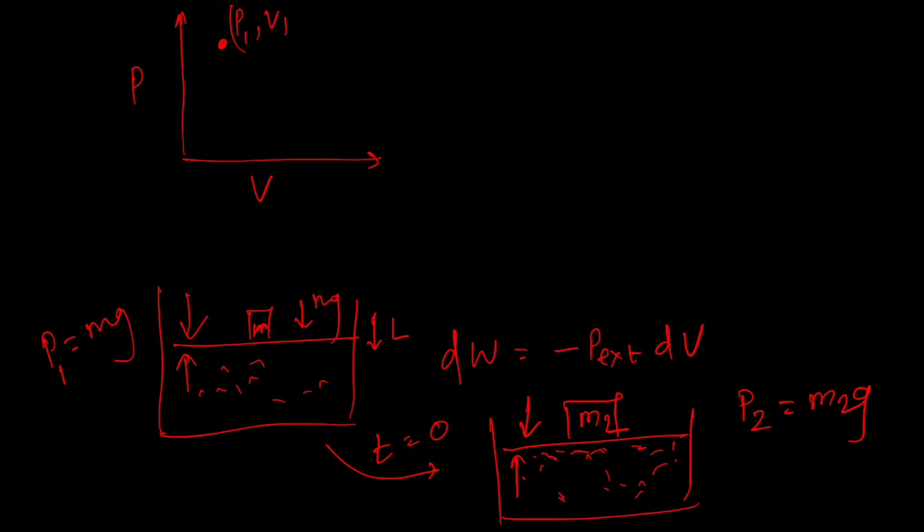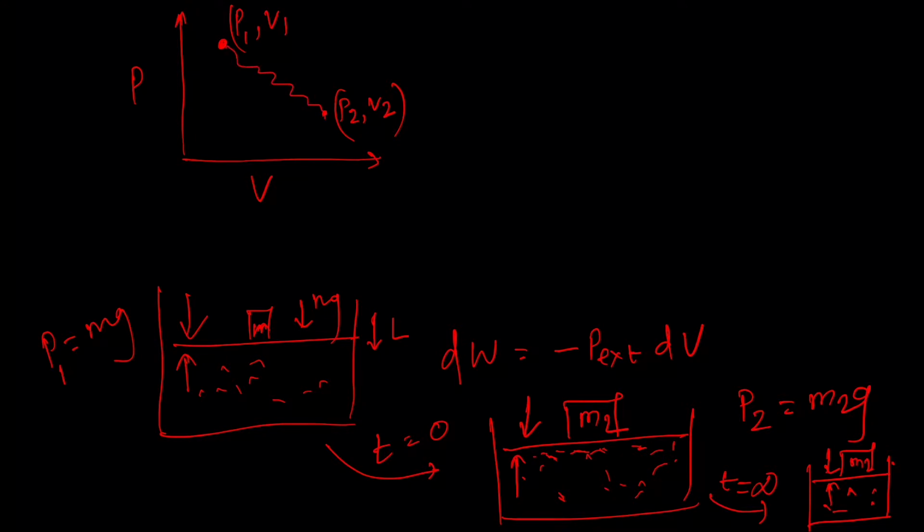What thermodynamics cares about is that if we wait long enough, let us call it t equal to infinity, though practically we do not need an infinite time, the internal pressure is now going to be in equilibrium with the external pressure, and it will adapt a correspondingly different volume. Let us call that P2 and V2. What happened in between we do not know. We only know the initial point and the final point.